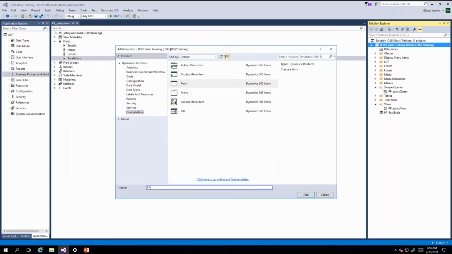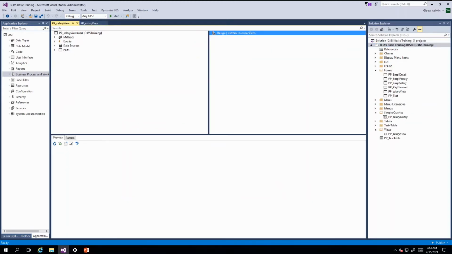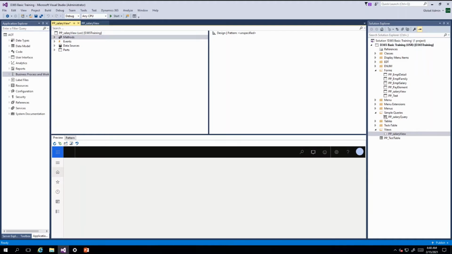I will name it pp underscore view. So you all know how to create forms.